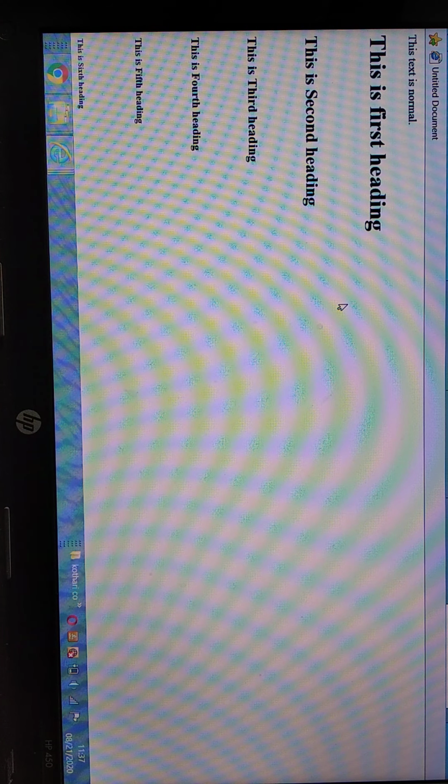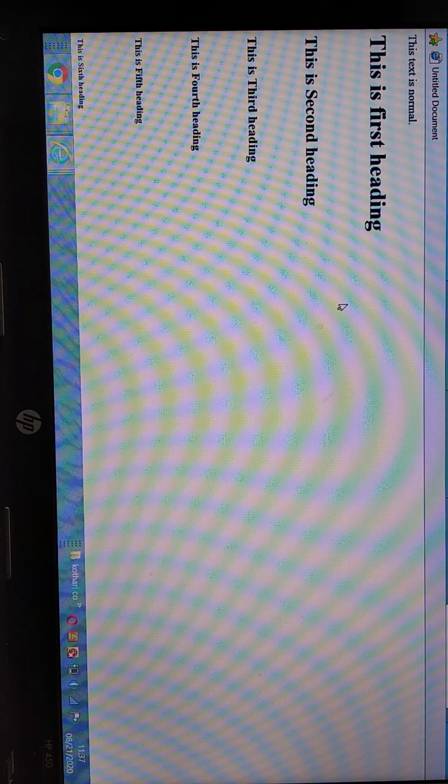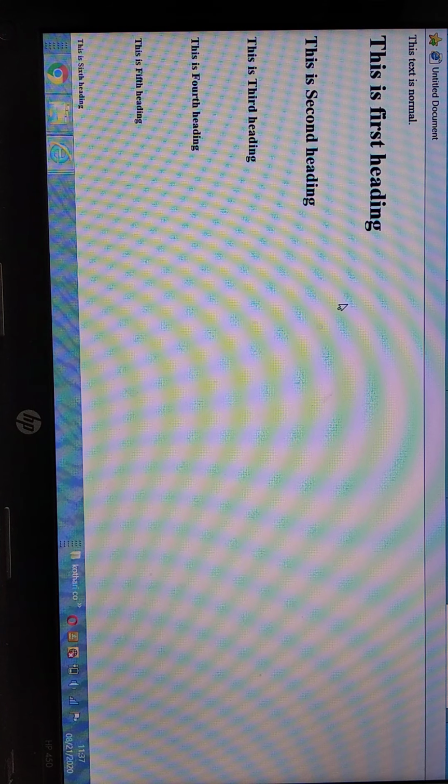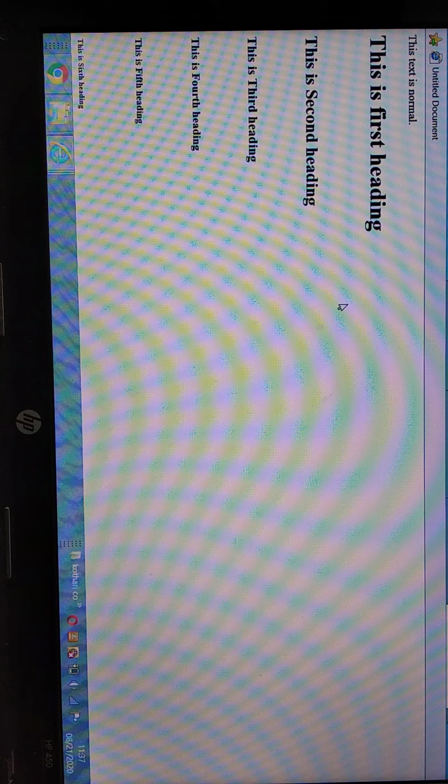So for presenting our text or our created web page, there are different sizes available by default inside the HTML language. The different sizes for the text are from H1 up to H6. Whenever I use the different sizes, I get that type of output.